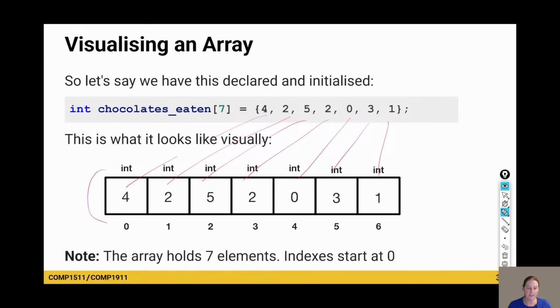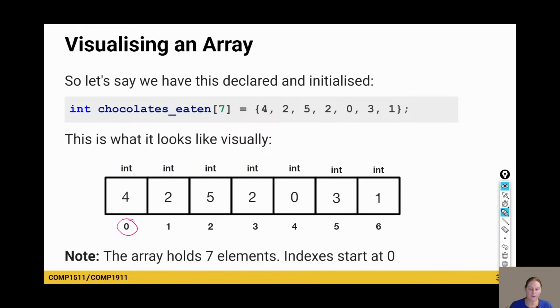It's all initialized and packed in. Remember, we used that word contiguous. They're all right next to each other, all these little places where we can store ints. And they've got indexes. What we need to get used to is the fact that the first index will be a 0.